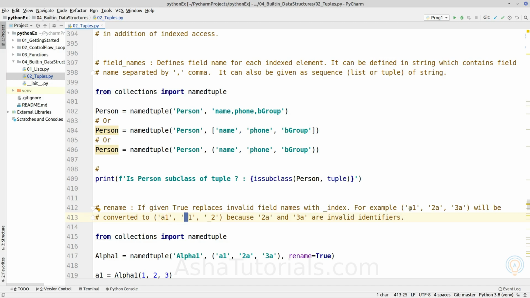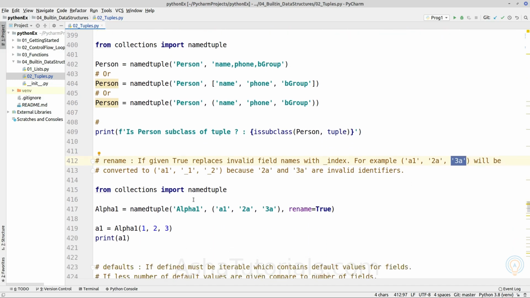So if we are providing a field name like this, we know that it is an invalid identifier because it begins with a number, so it will be replaced with underscore and the index value. Here it is index 1, so this will be replaced with underscore 1 and this will be underscore 2.